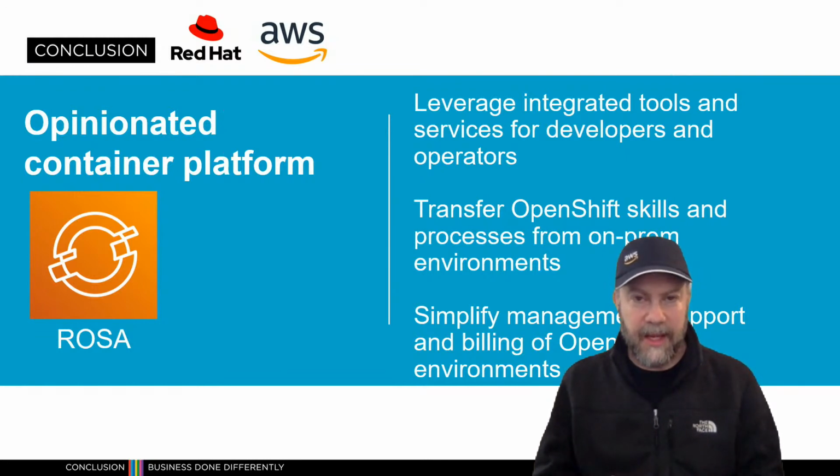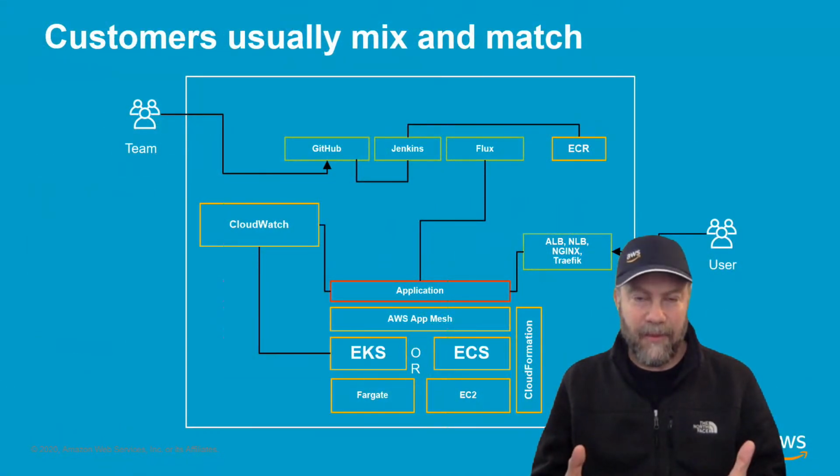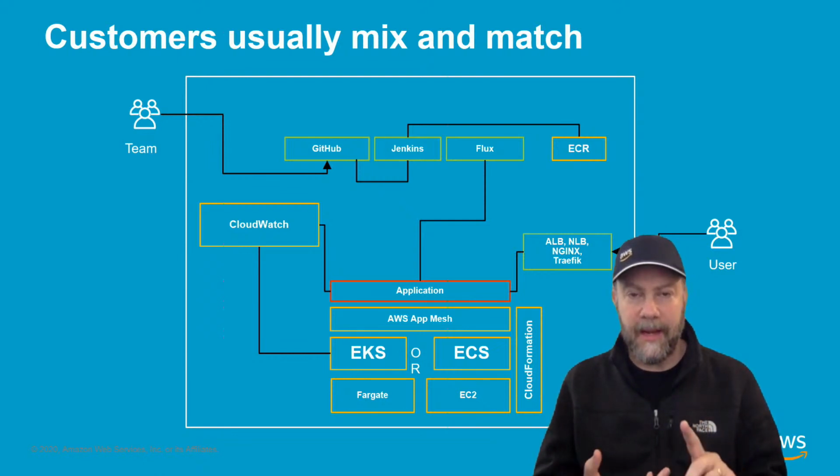When they're using ECS or EKS, they have to put together their own platform. They really have to connect the orchestrator with a whole bunch of other tooling that have features around monitoring and log aggregation and developer tooling. How do you build your software and how you deploy it onto the platform? There's a lot of flexibility there, but there's also the additional engineering task of putting it together. There are some templates and things that can make it easier, but it's still the responsibility of each customer or their partners to help them put this together.